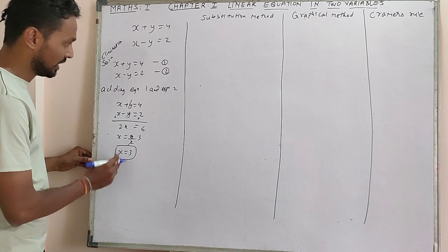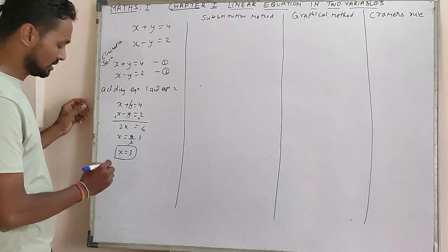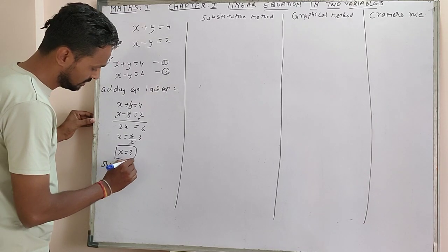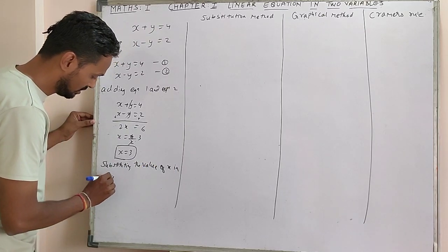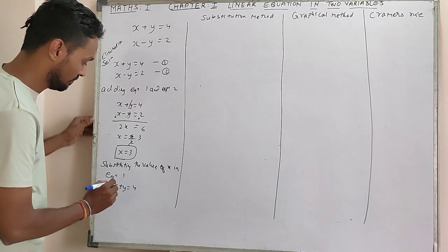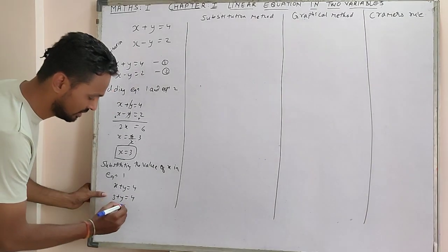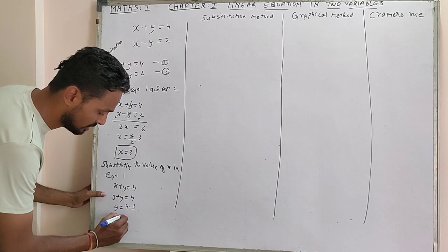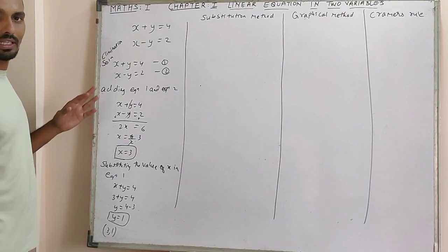Now I am just going to substitute this value in either equation 1 or equation 2. I am going to substitute it in equation 1. Substituting the value of x in equation 1. So what is my equation 1? It is x plus y is equal to 4. So that will become 3 plus y is equal to 4. Y is equal to, this is plus 3 here. When it goes from the left hand side to the right hand side, it will become minus 3. Y is equal to 4 minus 3, which is 1. So we have got the answers as 3 and 1. This is one method, called elimination.